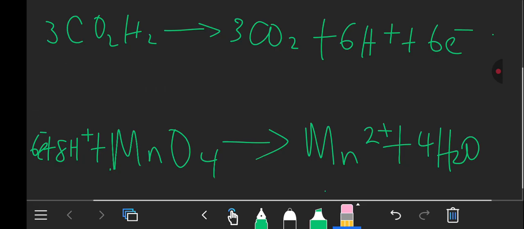So now we can see that the electrons are now balanced. They are on the opposite sides, so we can cancel them out. These electrons can simply cancel out. So what we have now